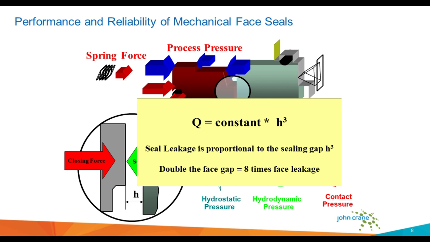It's normally assumed that the sum of the axial external loads, i.e. the process pressure, the spring force, and the secondary seal frictional force is supported by a fluid film between